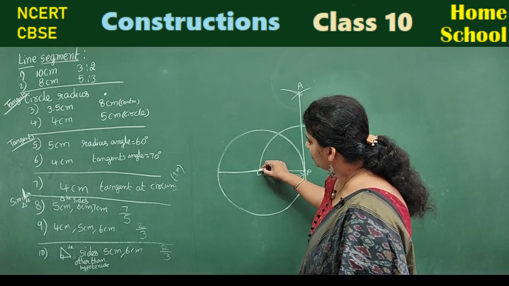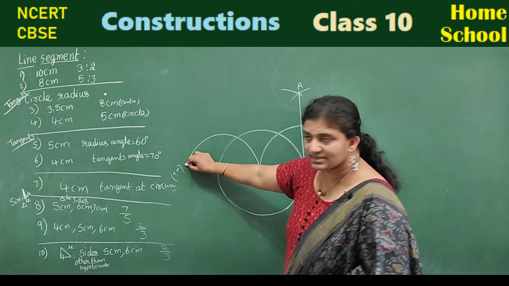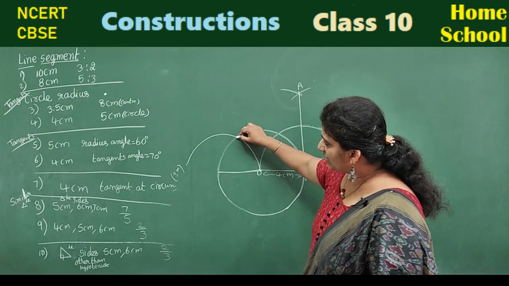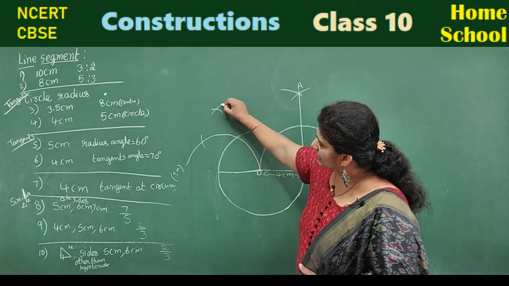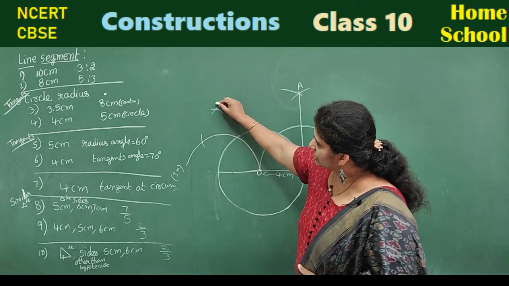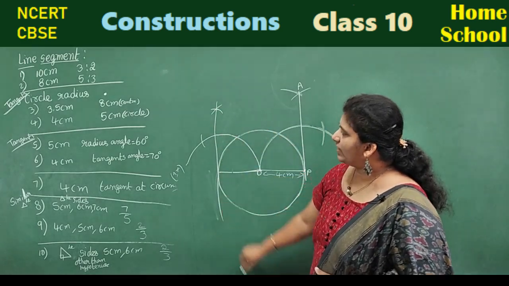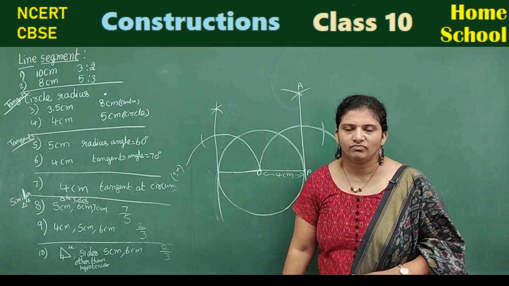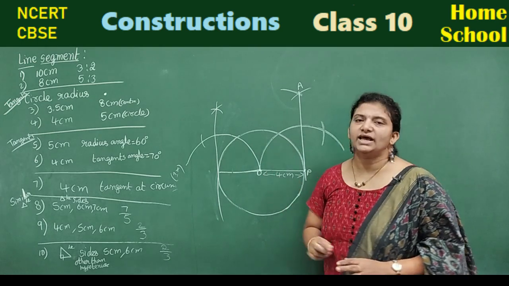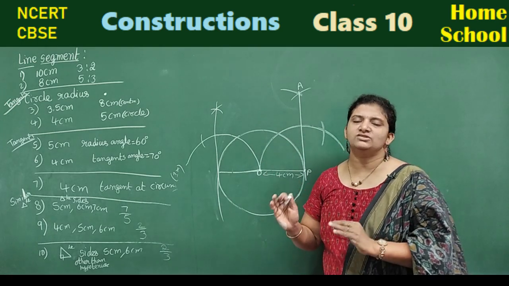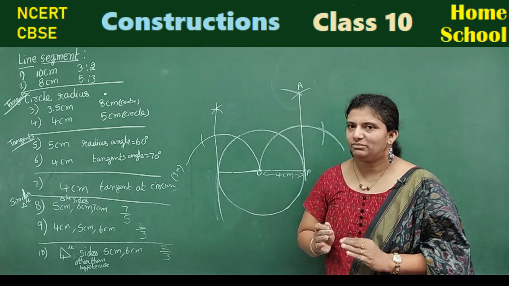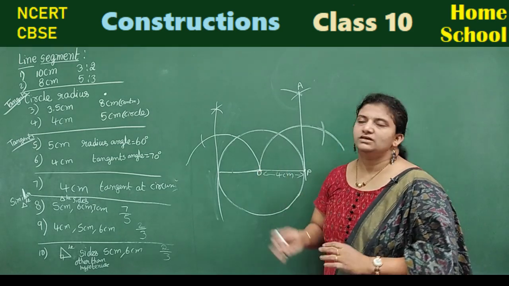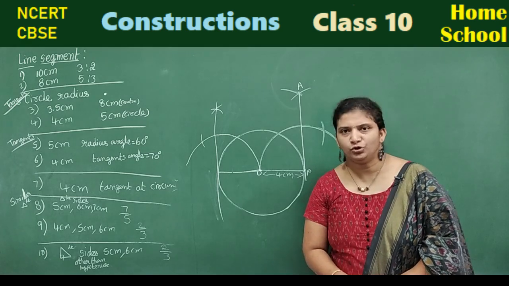How did you do the semicircle? Do the semicircle again on this side, and in the same manner, draw one arc above on the semicircle, and from here, cut the arc. So like this, you are going to get one more tangent. Okay, these are the 2 tangents drawn at the ends of the diameter. Like this, you will be able to answer any type of question. They may ask these questions for 2 marks.